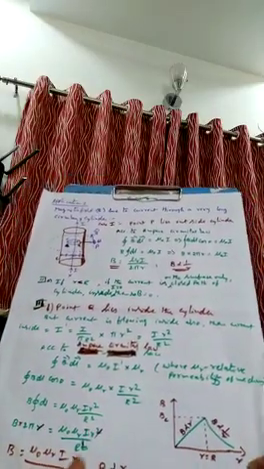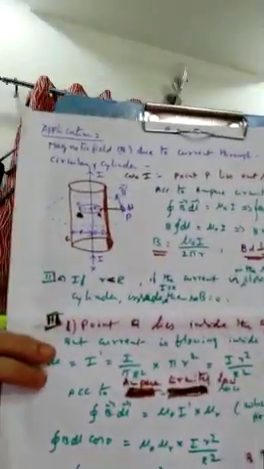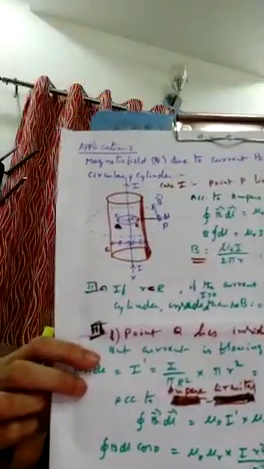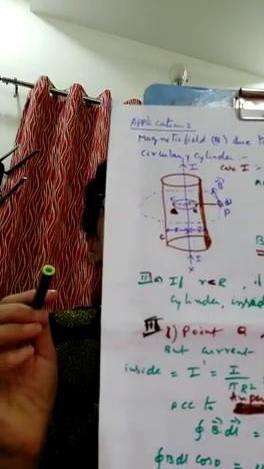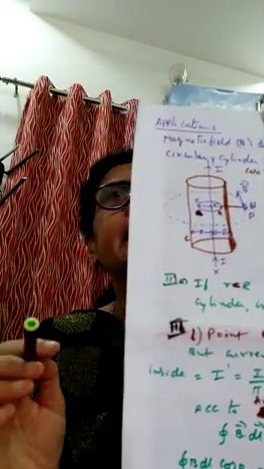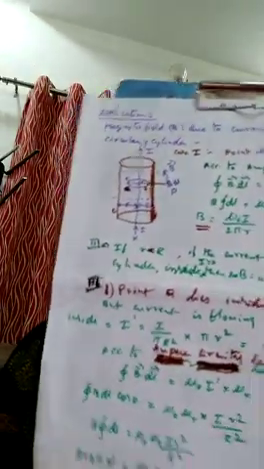So this is a very important question. Generally it will be asked in all competitive examinations also. Take care. Where you generally commit the mistake is, you have to multiply in case 2, that is inside the cylinder, we have to take the relative permeability of the medium. Then only the answer will be correct.